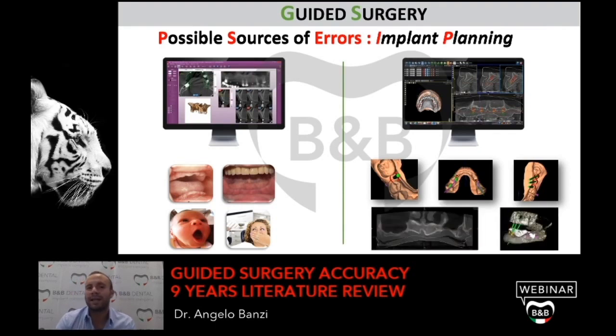Another problem is when I don't check the right position of the radiological template. As you can see from the first image, it's a maxilla, and the radiological template has detached from the soft tissues. Yes, because you can see that there is a black spot. This black spot is because there is air. The radiological template detached from the soft tissues,